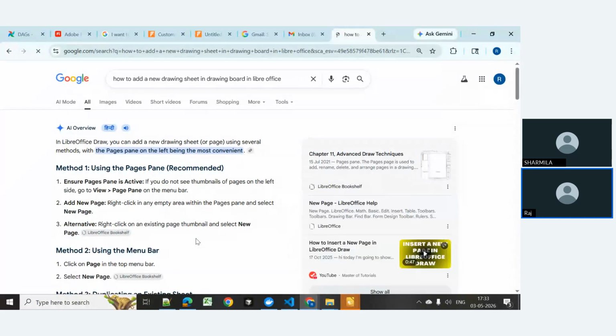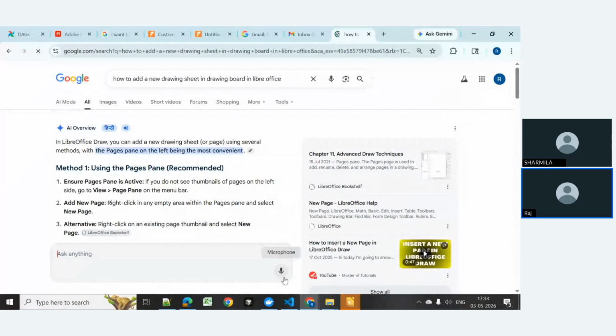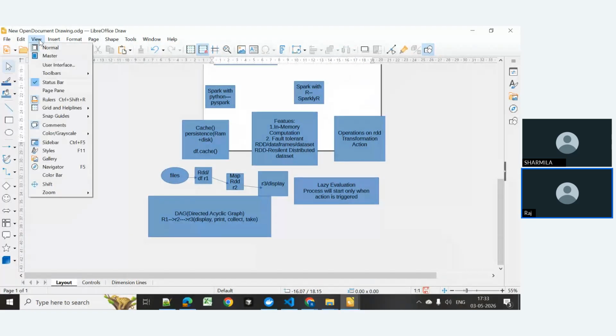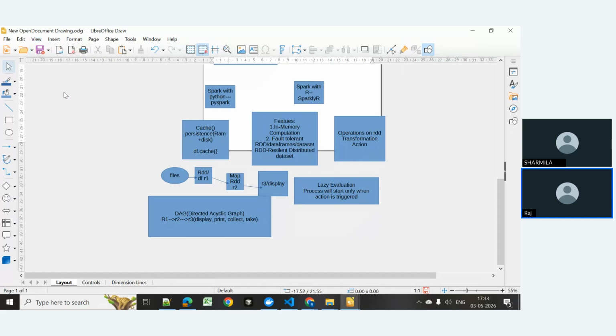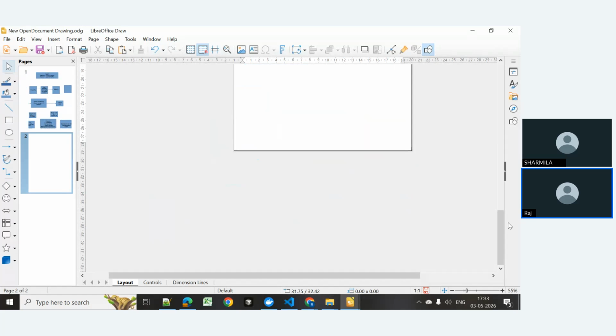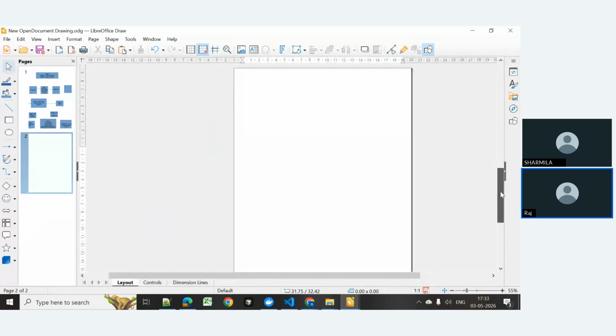View page. Add new page. View. Page and yes. Now, okay. This was hidden actually. Now we can just go and new page. I remember it, but